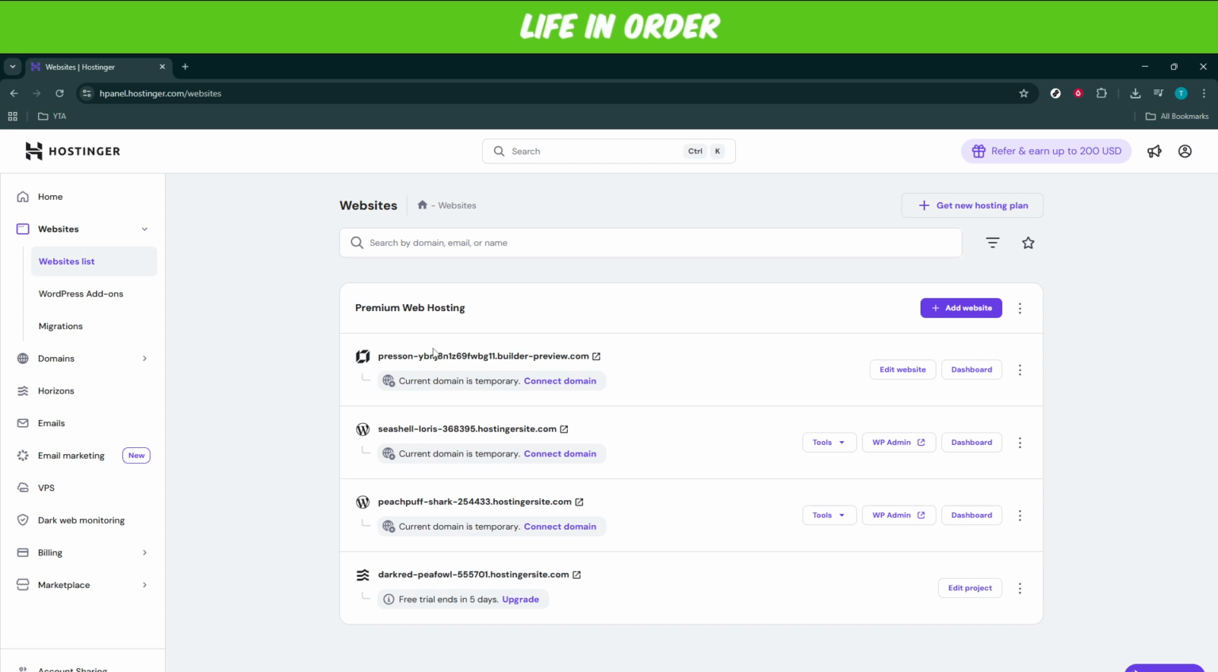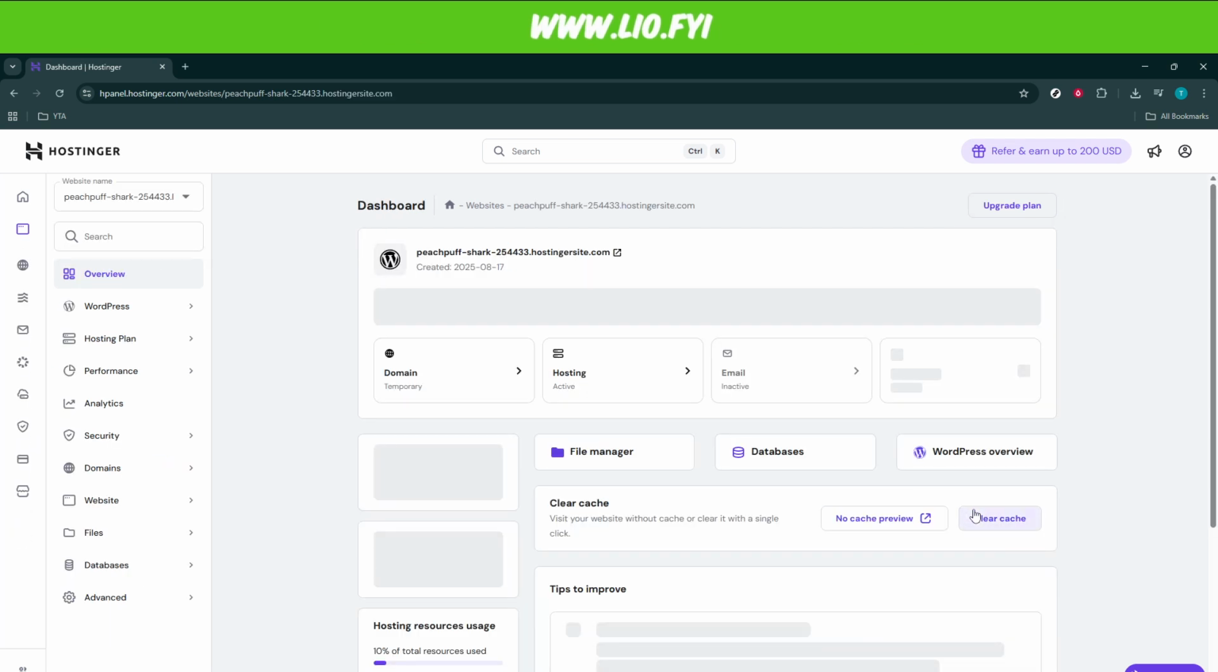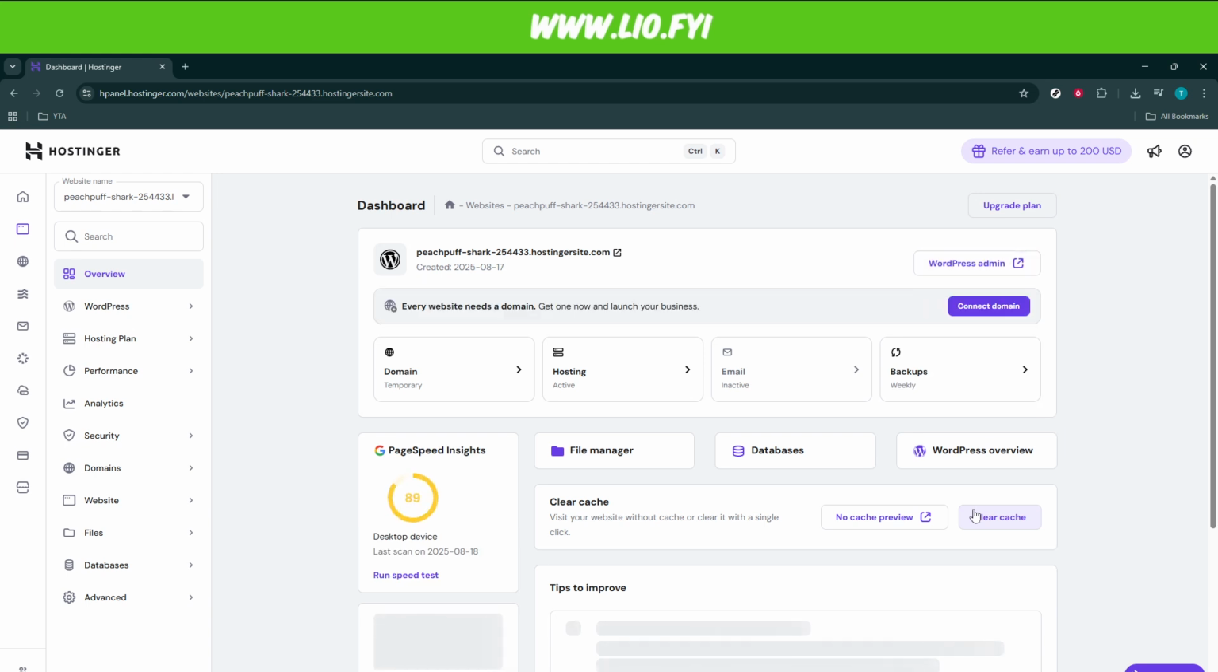Next, look for the Websites section on your Hostinger dashboard. You'll notice a list of websites associated with your Hostinger account. Click on Dashboard. This is where you can manage and configure your websites. The dashboard is user-friendly and intuitively guides you to various tools and settings you can use to manage your website